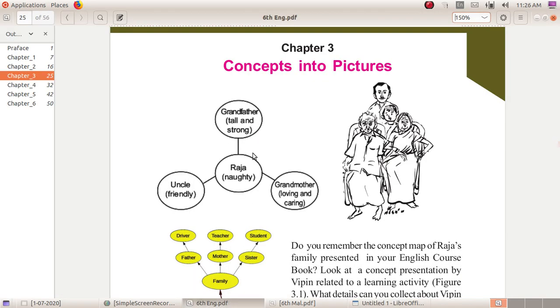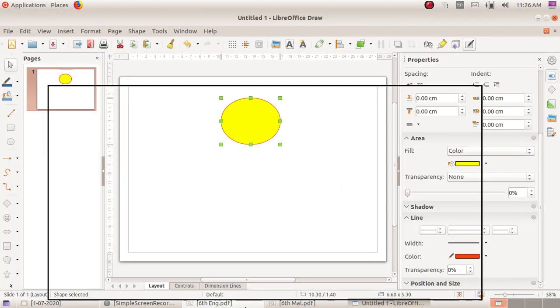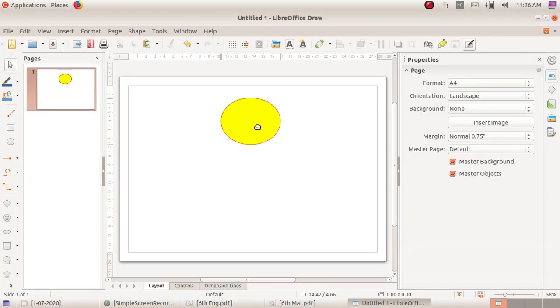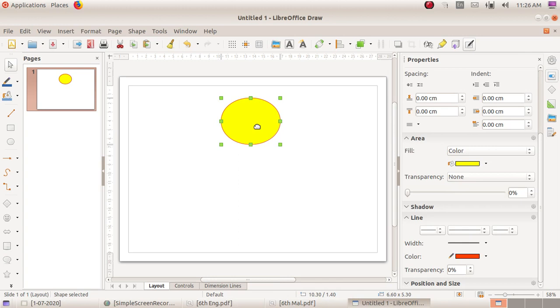We want three more shapes. For that, just click on this shape, press and hold the Control key, and drag the mouse. Yes, it's copied.